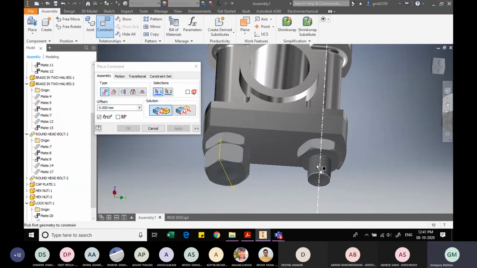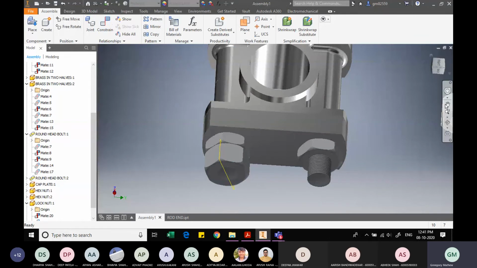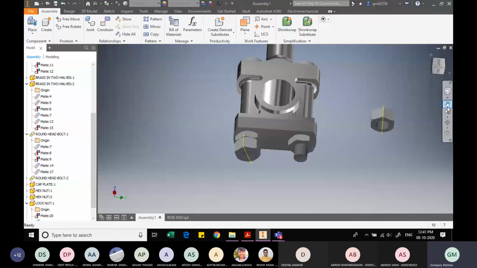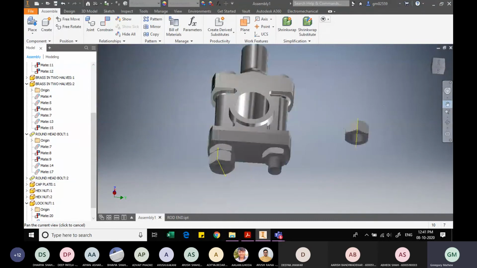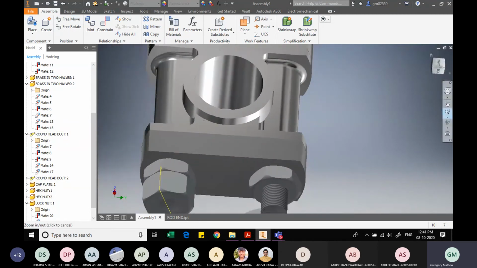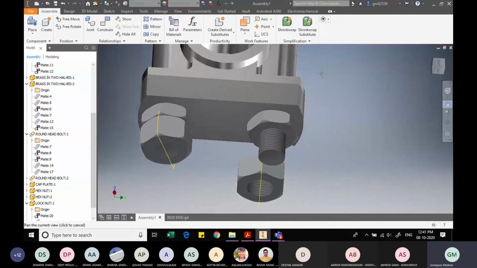Apply. Now here also, let us do it for the second nut. Where is the second nut? So let me slightly zoom in here so that I can bring this nut into position using the free move option. Now let me bring this nut here. Yeah. Now let me slightly zoom the figure so that I can correctly select the entire faces. At this particular face, I will use the free rotate command and slightly rotate the orientation of this nut so that I can select the required faces.